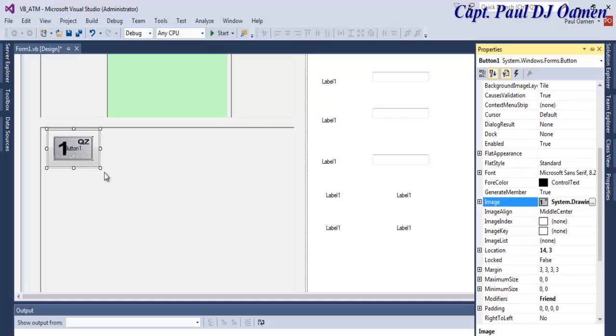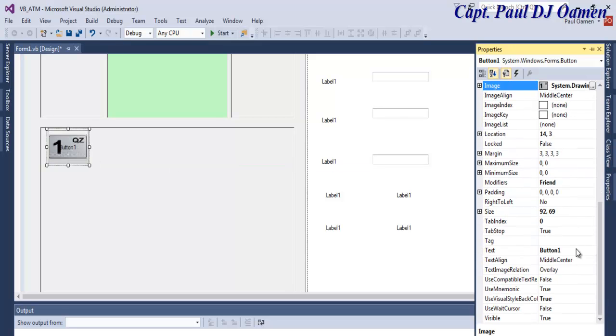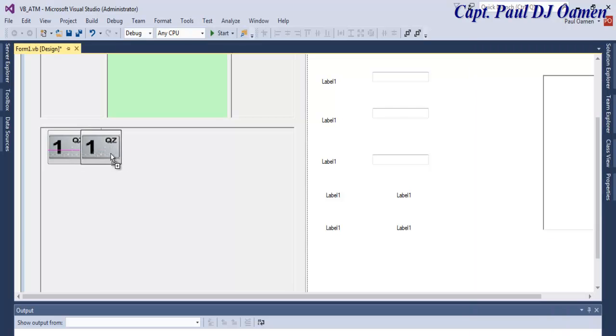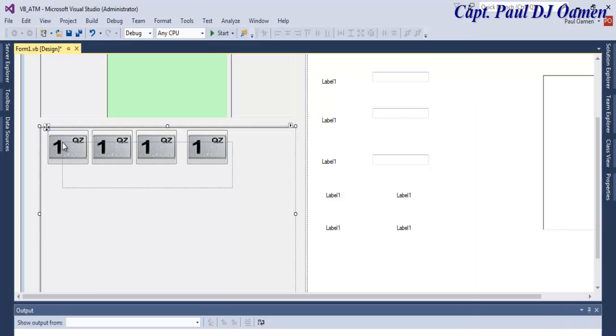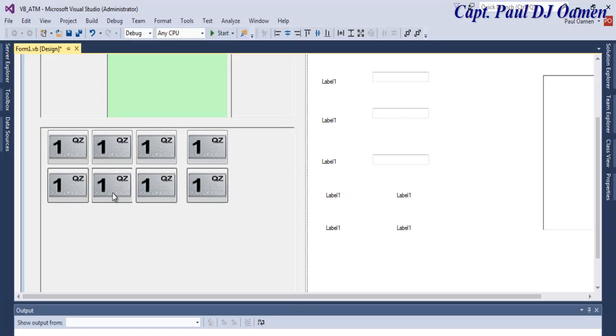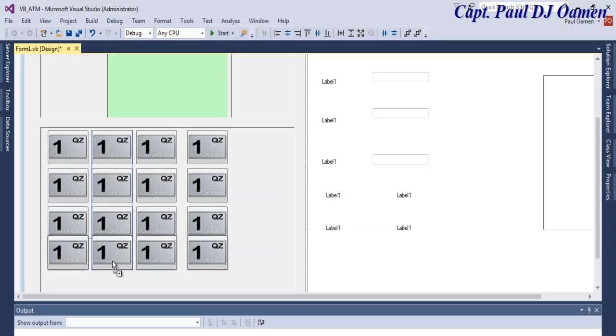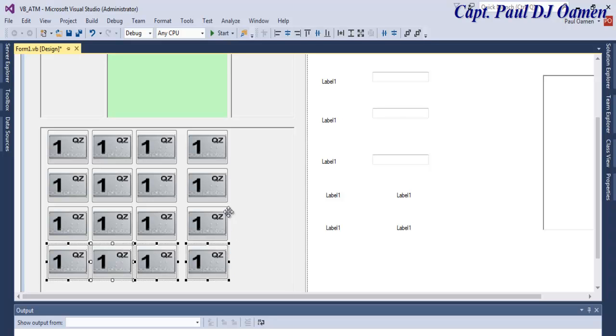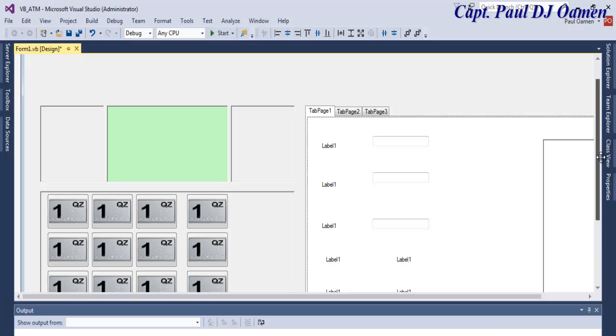Let's click on this one. Okay, let's delete the text content. So we need to copy it, and I'll just populate it. Then change the images around. I only need 16 in total. Okay, this is how my interface is looking now,